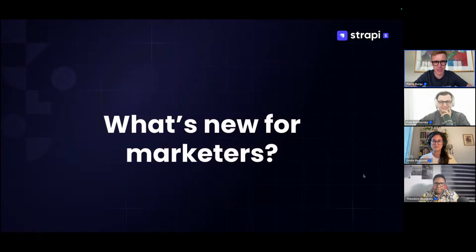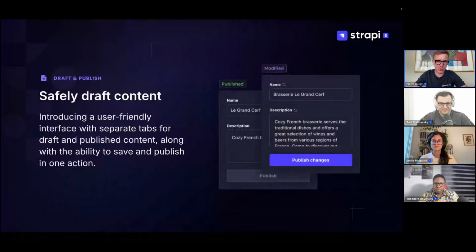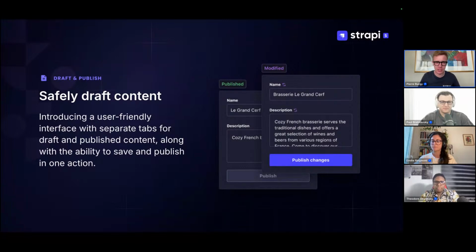So Strapi comes with a lot of improvements for marketers. The first one, which is on the next slide, is draft and publish. So in Strapi 4, when you published an entry, if you wanted to modify this entry, the only way was to erase the content that was already published. In Strapi 5, you can edit the draft version of an entry where the exact same entry is